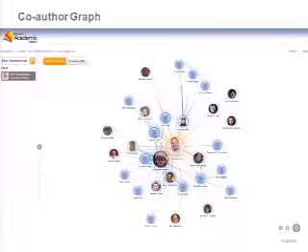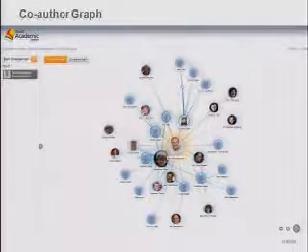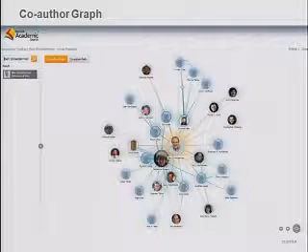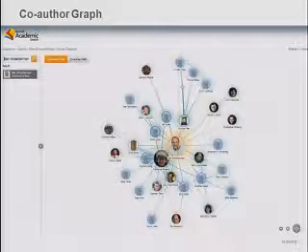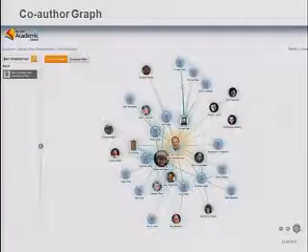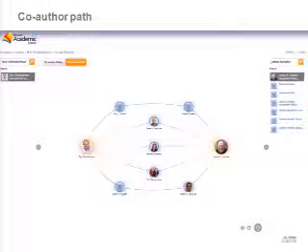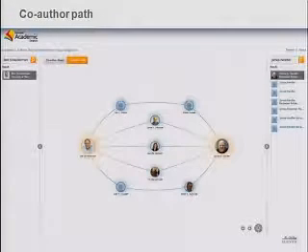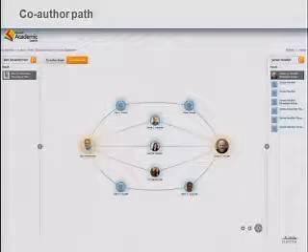Again, one of the best search engines that we have right now in the scholarly community is what Microsoft is doing in China with academic research. This is a helpful tool for me to figure out the co-author network of any author. So I can look at this and see that Ben Shneiderman is connected to all these people. But if I want to find out if Ben Shneiderman is connected to Jim Hendler, again, I can use this tool to figure out how they are connected, and whom to go to. So we need to understand, again, how the visualization is helping me to solve a problem.